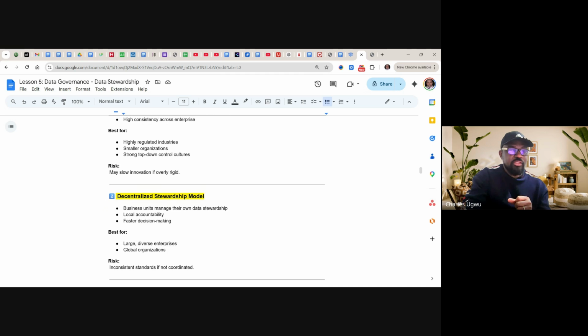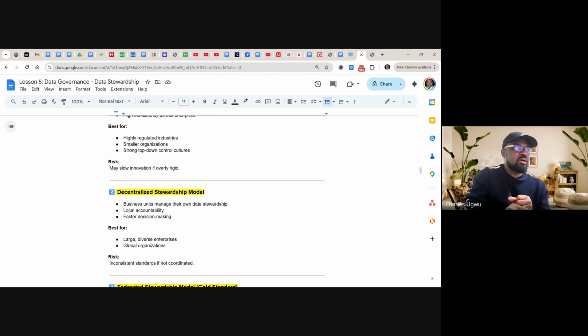For instance, let's say, what are companies that have that kind of globalized presence? Let's say a product like Coca-Cola. A very good example. Coca-Cola is global. It's almost in every country of the world. So it can be that every country will have their own data stewardship. Every country, but at the end of the day, it belongs to Coca-Cola Global, something like that.